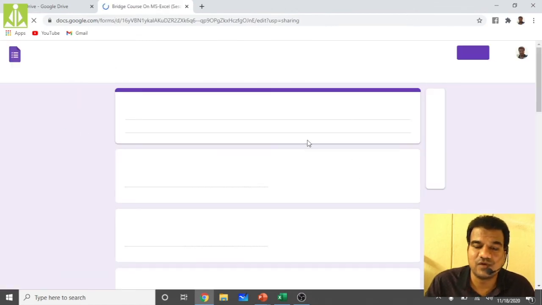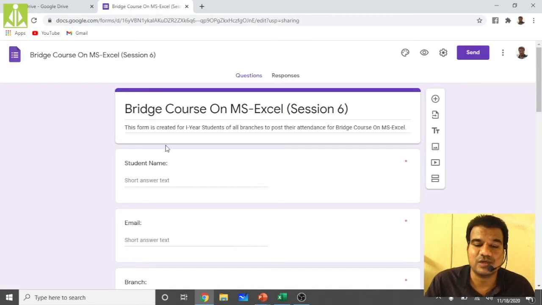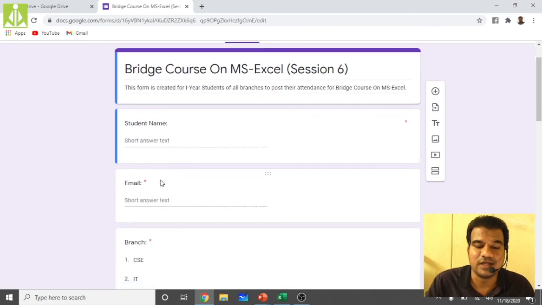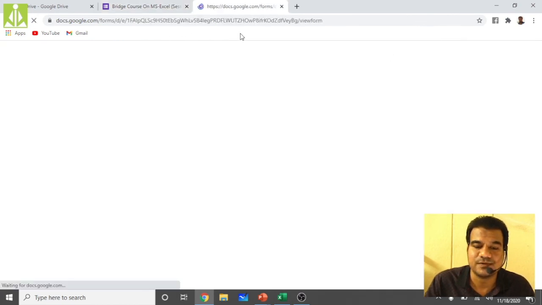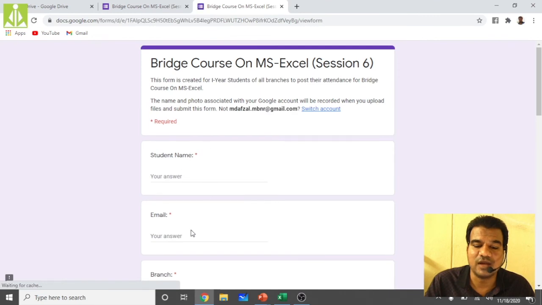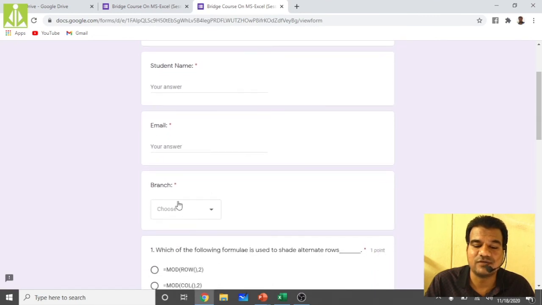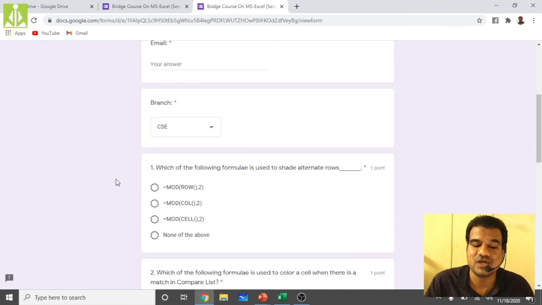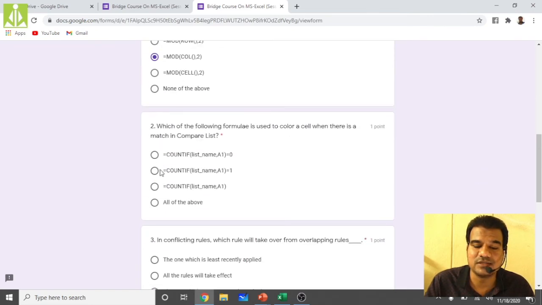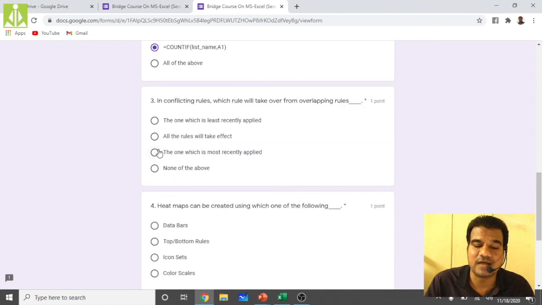So next come over here and put that link and hit enter key. So this is your form, this is how it will open. So here it is having your student name, you have to give your name here. Then here it is asking you to enter the email ID, sorry, your email. Just put your full email over here. After keeping your name and your email address, then you have to select your branch. If you are of CSC, simply select that branch. Then answer all these queries, whatever it is asking you.